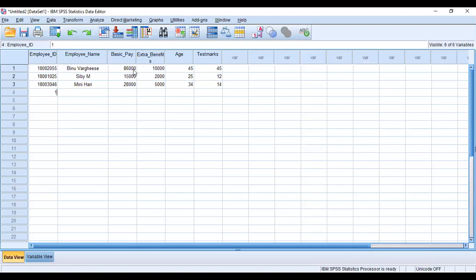Next, 18005023. The name is George J. His basic pay is 54,000. Extra benefit is 7,500. Age is 41. Test mark is 30.